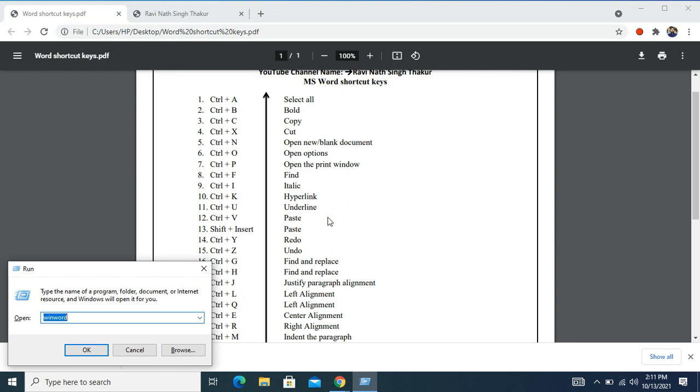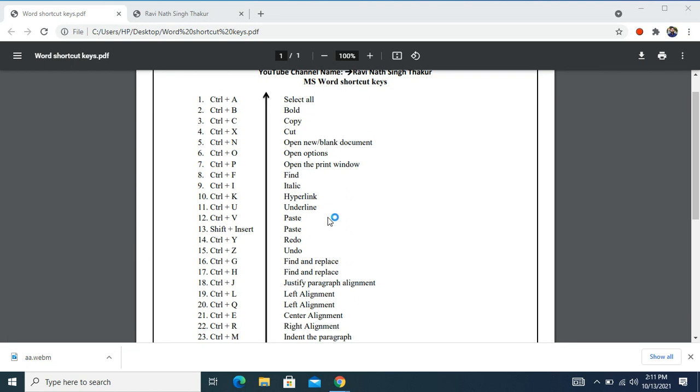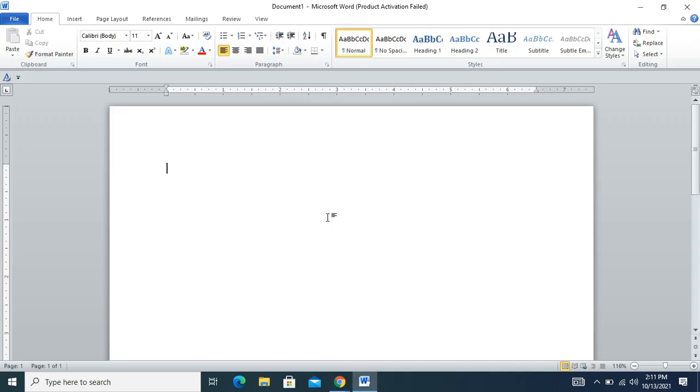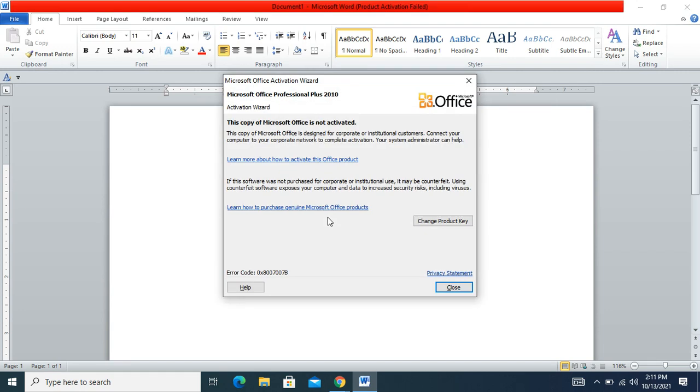Here WinWord is already available, but normally type WinWord and press the Enter key. You know that other methods are also available to open MS Word, so you can use any method which is more understandable to you.